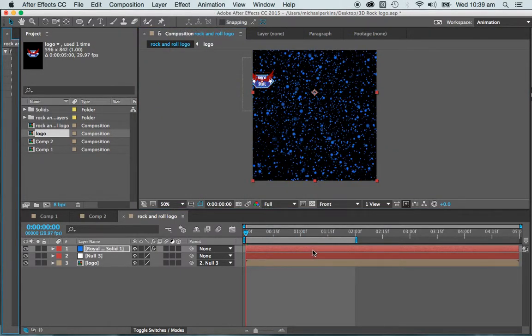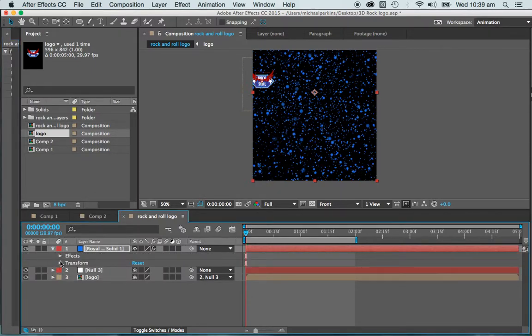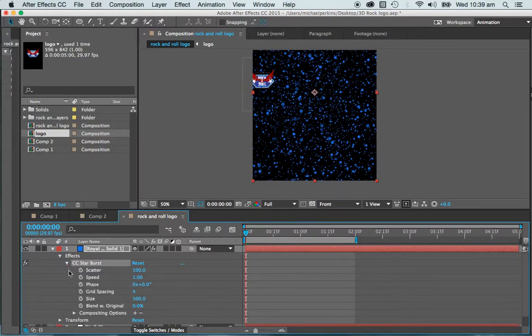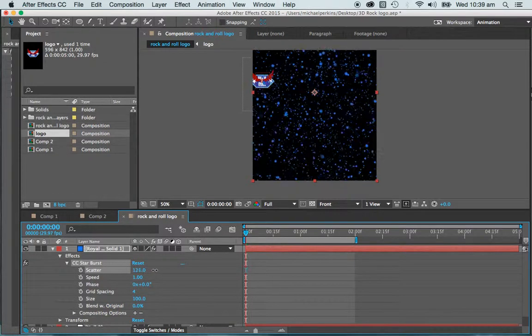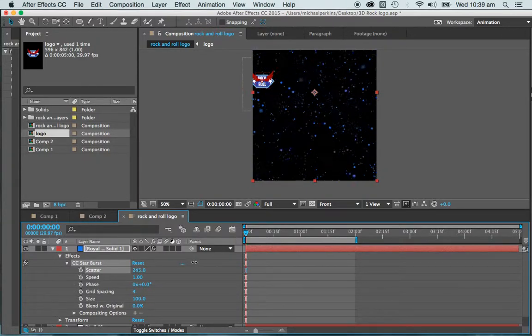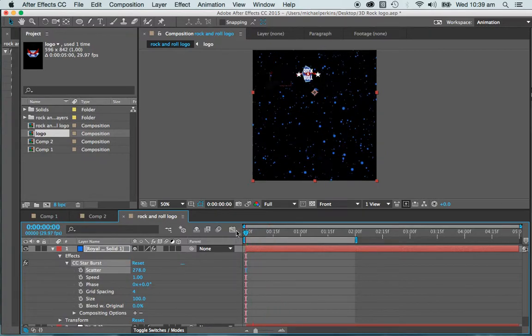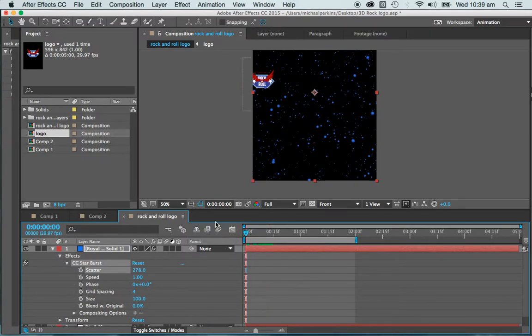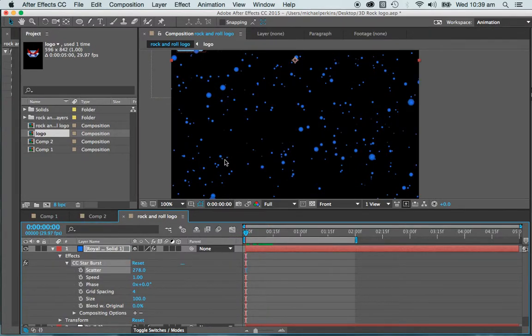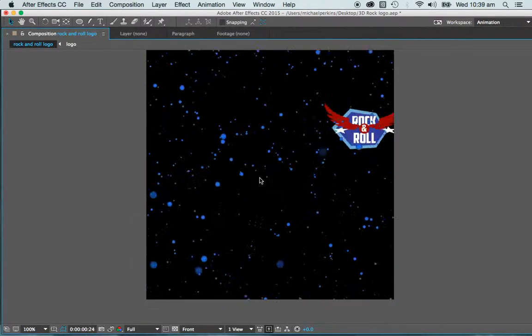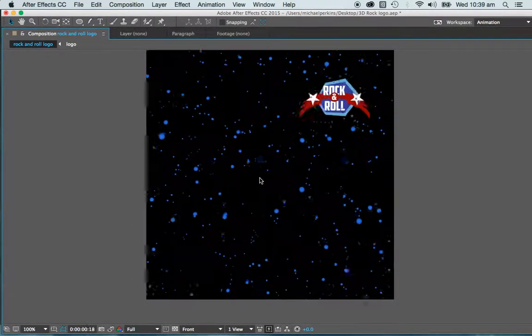So there's my starburst, and again, with any effect, the variables and the animated properties are almost infinite. There are so many ways we can change the amount of, or the intensity of any effect that we choose, and so our animation will come through. Let's have a bit of a look, get up a bit closer, and hit the space bar. So there's our animated logo,